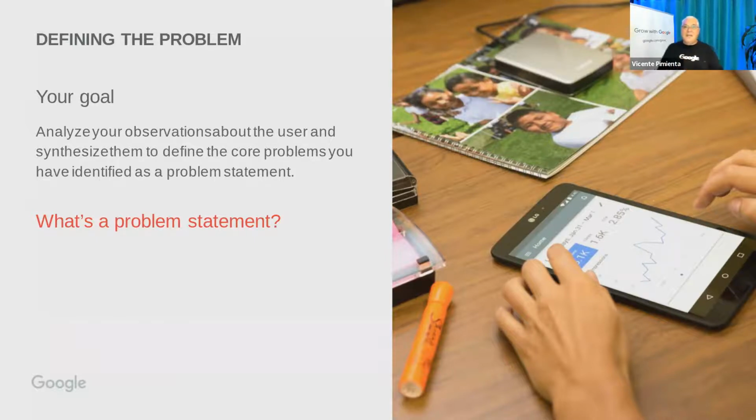Let's read it again. Sam needs to, this is the first one. Sam needs to learn about nutrition to get a better eating experience during lunch. Instead, you're going to read